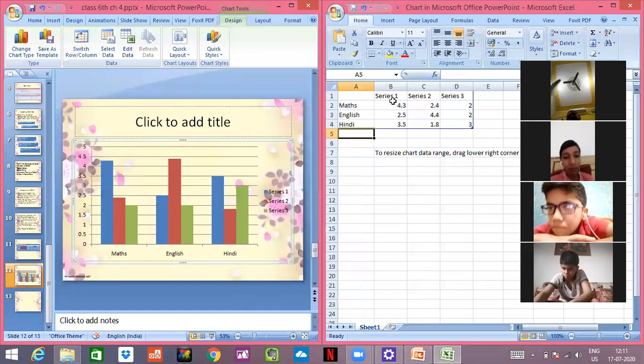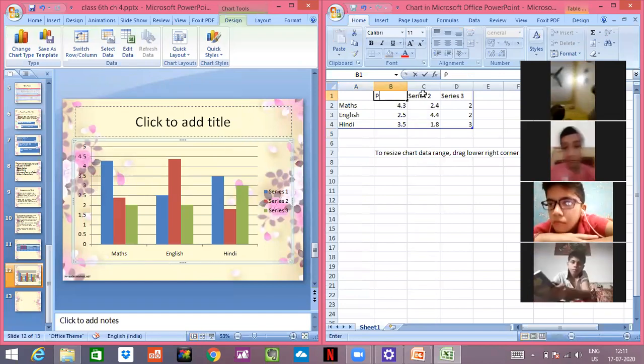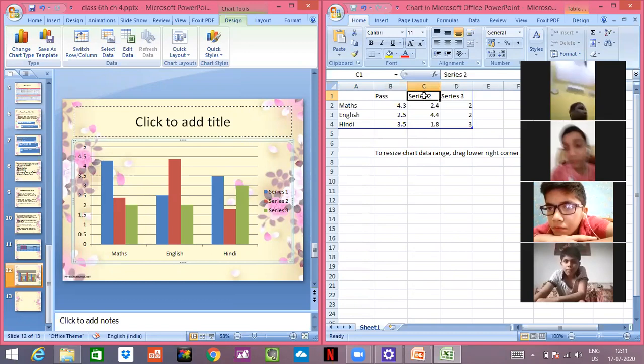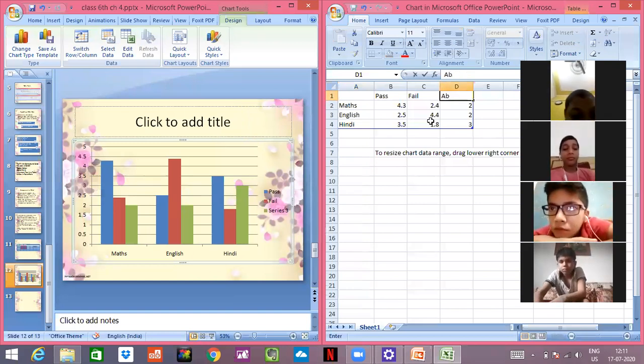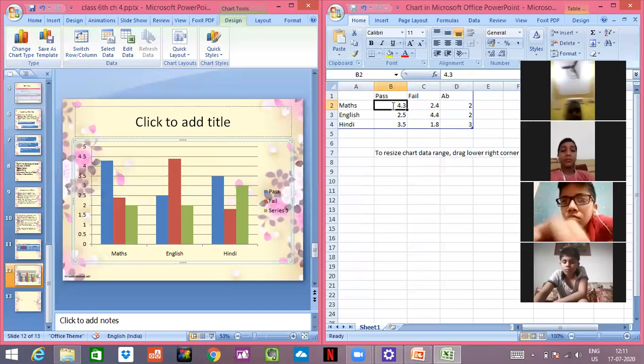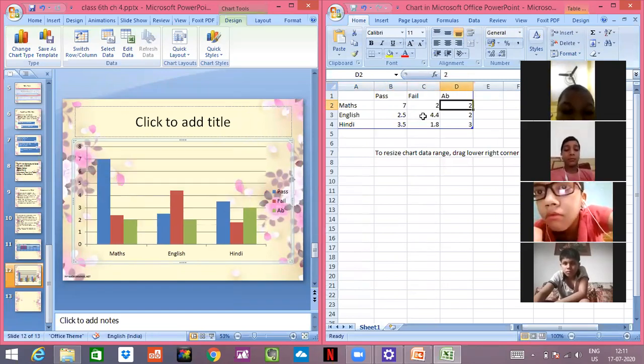See, my whole table is deleted. Now I'll write pass student, this is fail student, and this is absent. I can write it here. Total 10 students were there. 7 passed, 2 failed and 1 was absent. See, my table is changing.